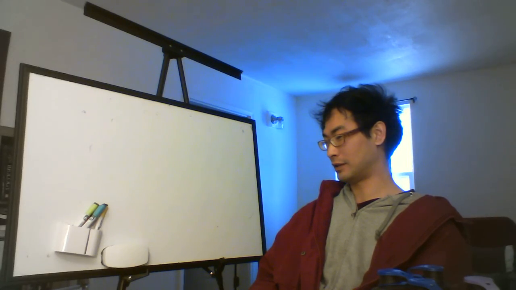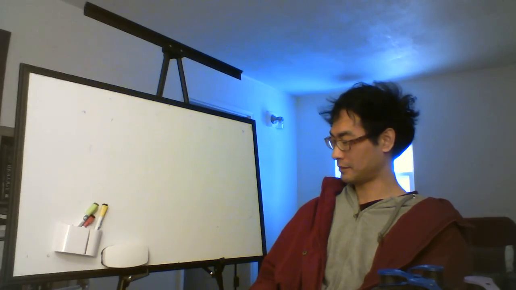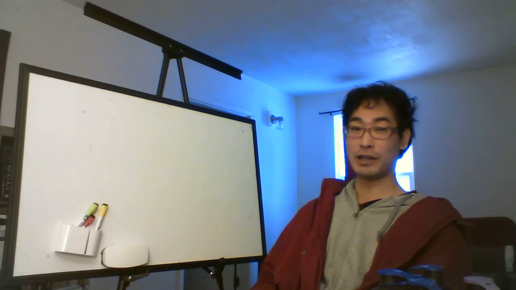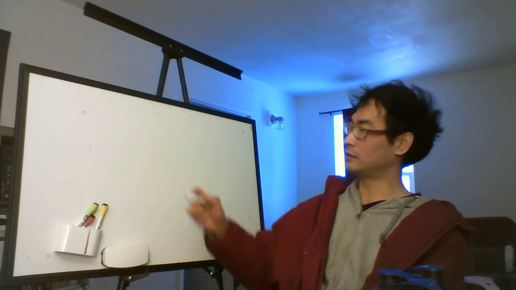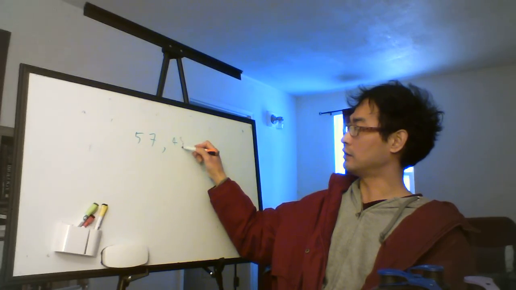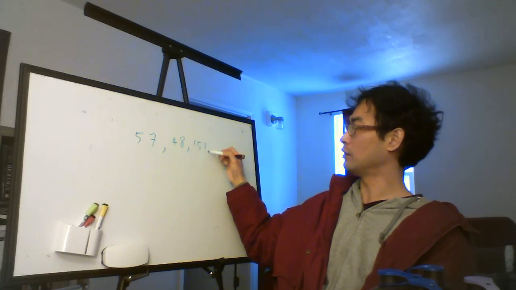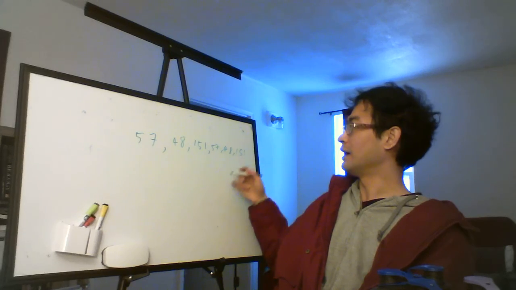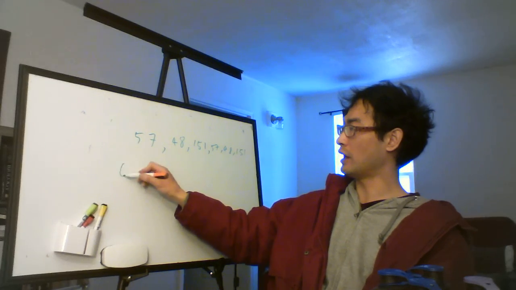Extraction function, let's go ahead and do it. By the way, this periodic integer sequence doesn't have to be single digit. Why? I'll tell you why. Let's say 57, 48, 151, then 57, 48, 151. It doesn't matter. Why? Because the only thing we care about is, so what's this a sub n?